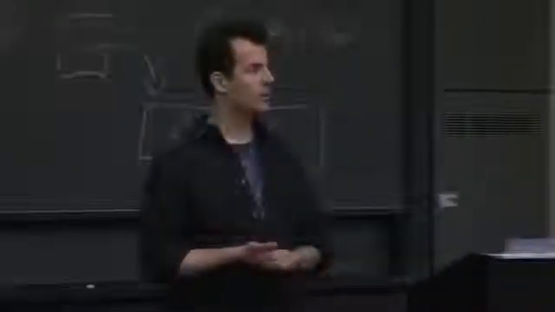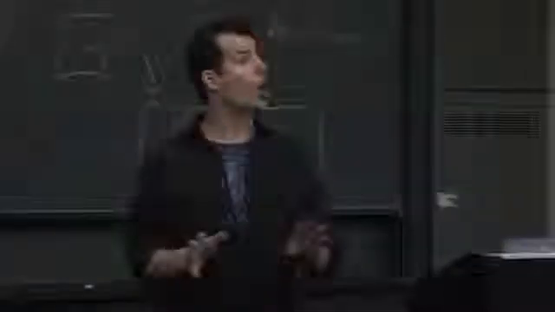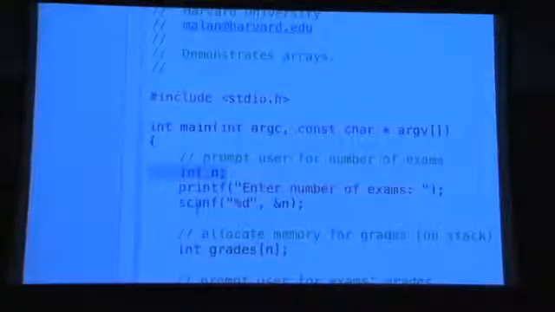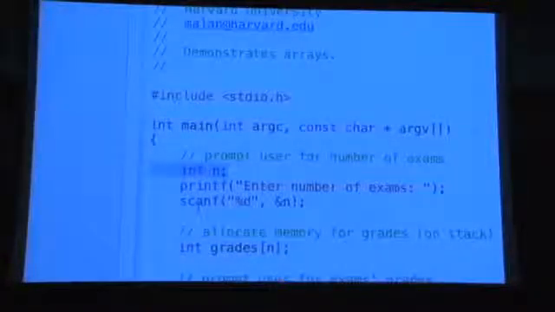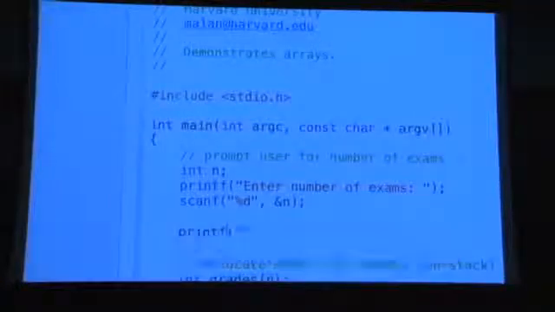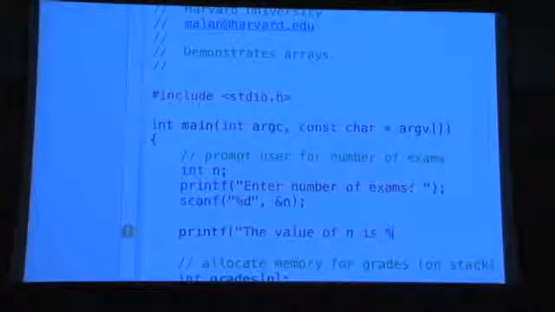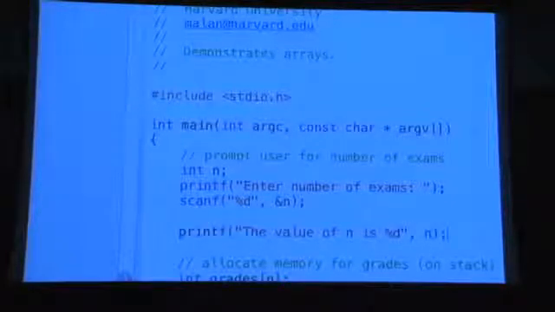Like a variable that you're never going to reference a variable then? You're always going to just reference the memory? Oh, good question. No, it should be more clear. You can absolutely reference variables and values. For instance, in this same program, array.xcode project, here's an int called n. So that's 32 or 64 bits. And later in the program, I can absolutely refer to that as n. For instance, I could do something like printf, the value of n is %d, and then I can say n. So you can absolutely refer to variables by their symbols, n in this case, without using a star,